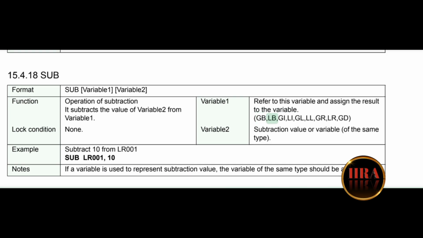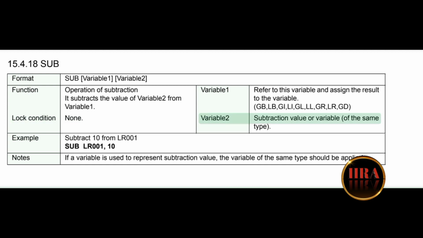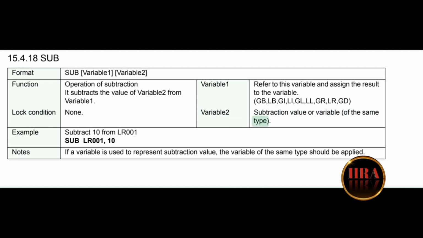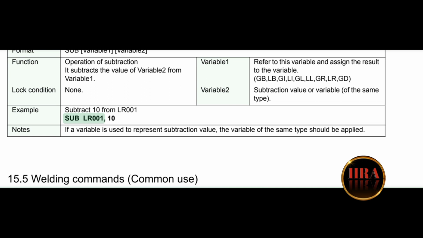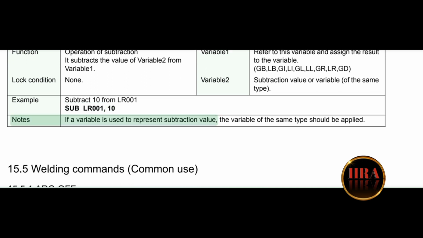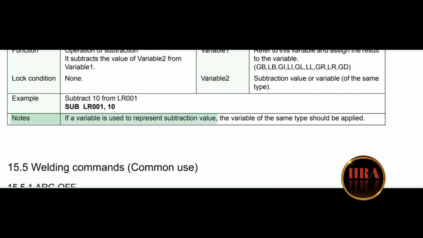GB, LB, GI, LI, GL, LL, GR, LR, group. Lock condition: none. Variable 2: subtraction value or variable of the same type. Example: subtract 10 from LR001. SUB LR001, 10. Notes: if a variable is used to represent the subtraction value, the variable of the same type should